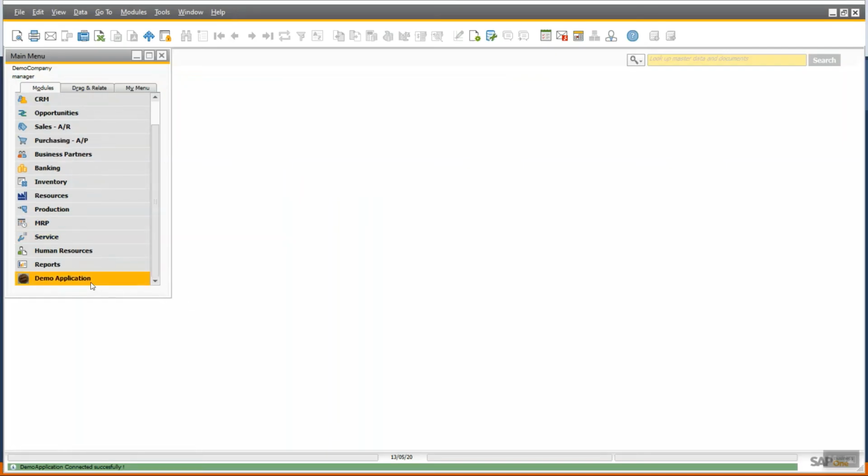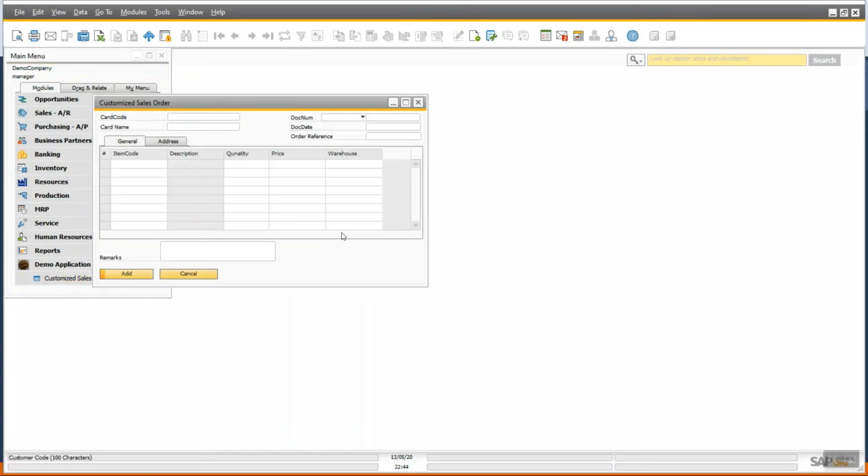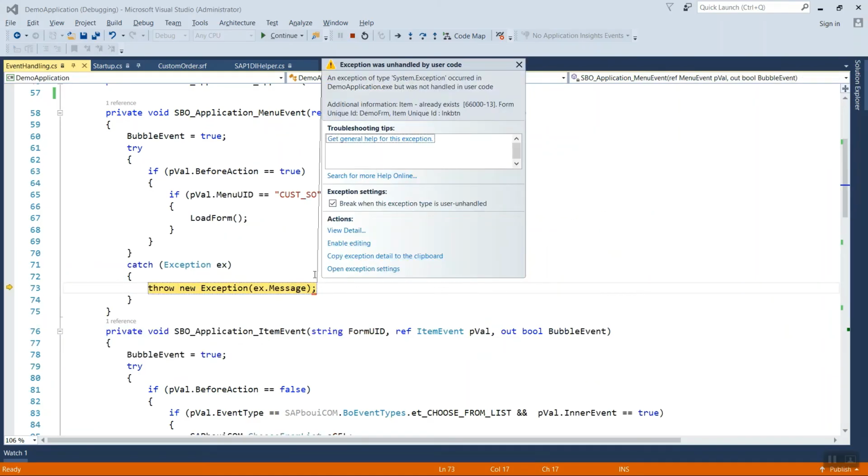It has been connected successfully. So we are getting an error: additional information, item already exists, from the unique ID link button. It is saying that this link button ID already exists, because we did this part earlier inside the code. Let me show you where it is.